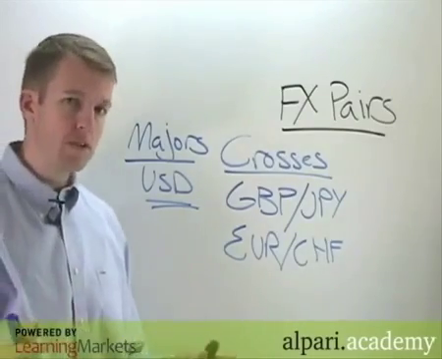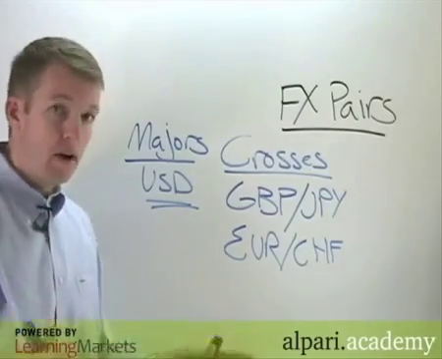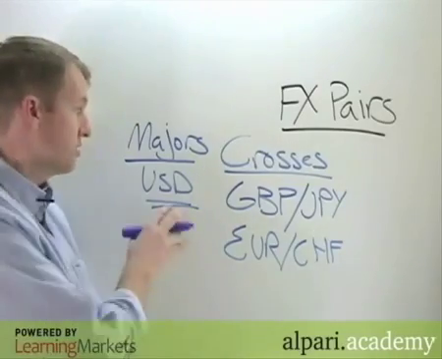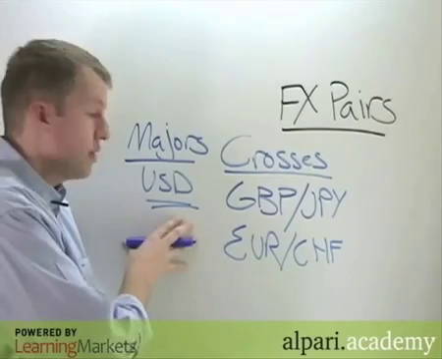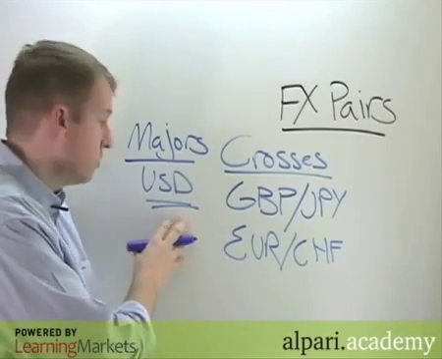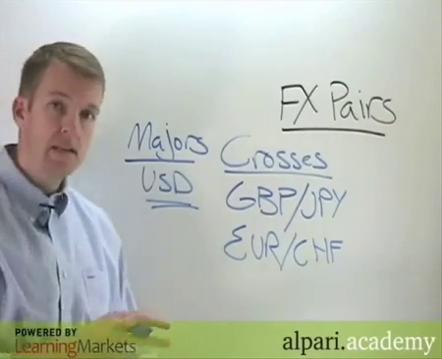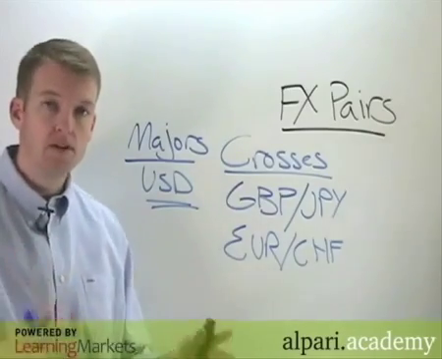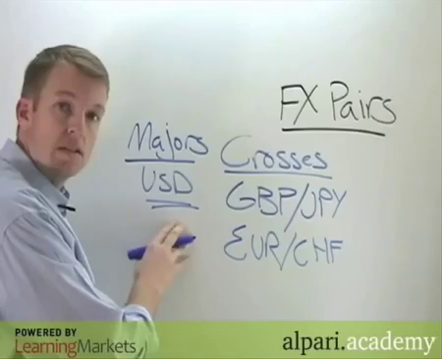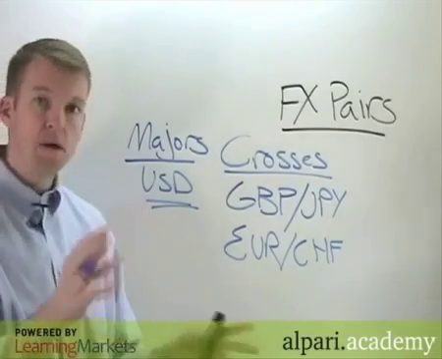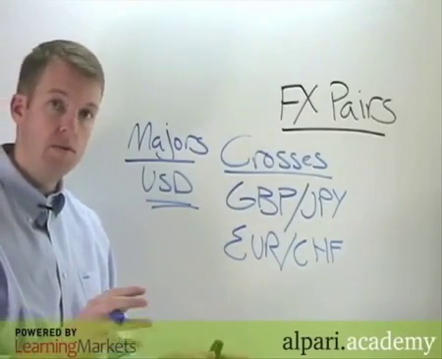Now, a couple of characteristics you should be aware of. There are benefits with liquidity. So for example, there's more liquidity in the majors because they're more actively traded. And this translates into a couple of benefits. The first of which is, of course, it's really easy to get execution even during periods of extreme market activity. So it's relatively easier to get your transactions filled in pretty much all market conditions with the majors,